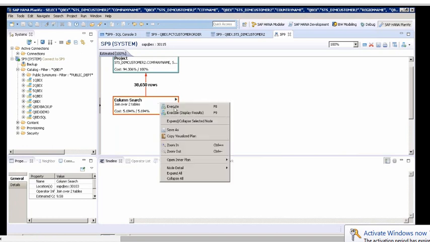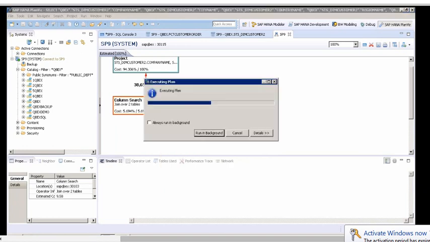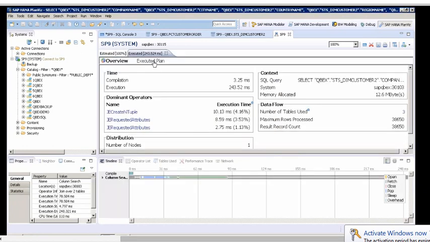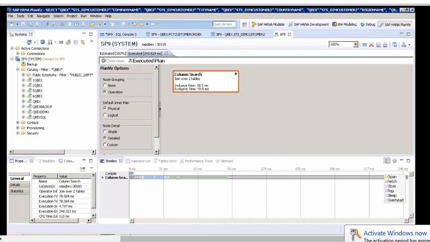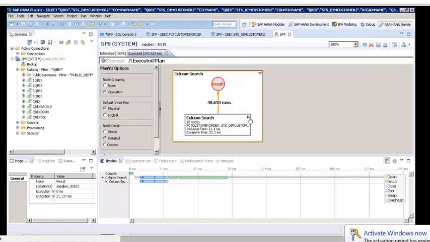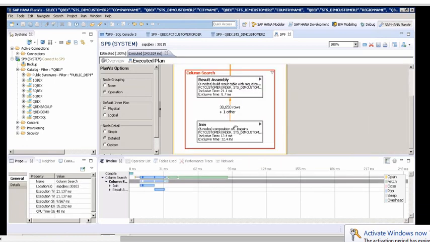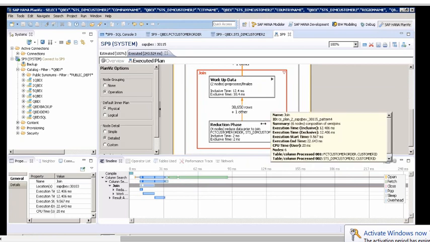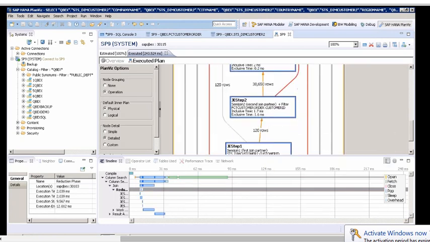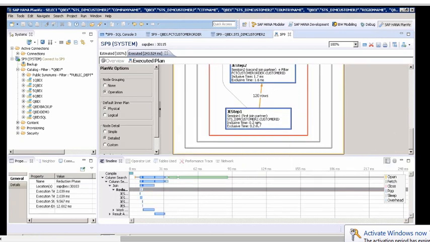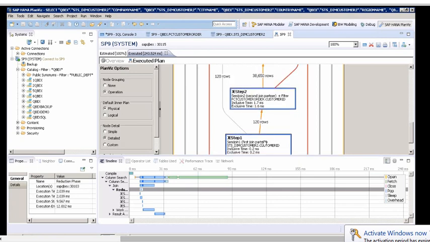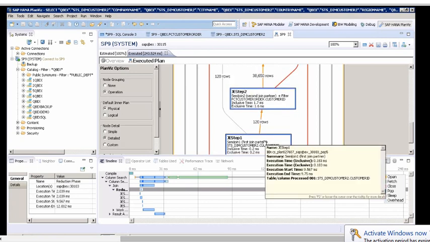Select this, right click and say Execute. I'm going to run this, and when you go to the executed plan, here you can see the exact run times at each phase also. If you go in, step one, reading 120 records. If you just place the cursor, it tells you how much time it has taken.